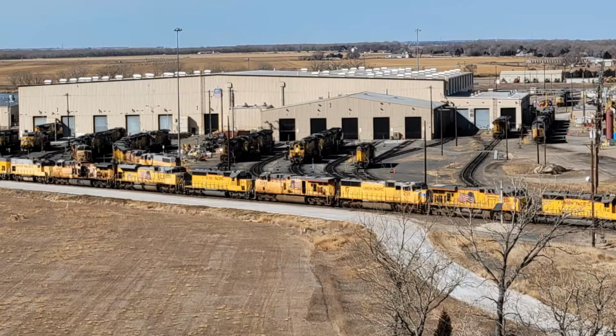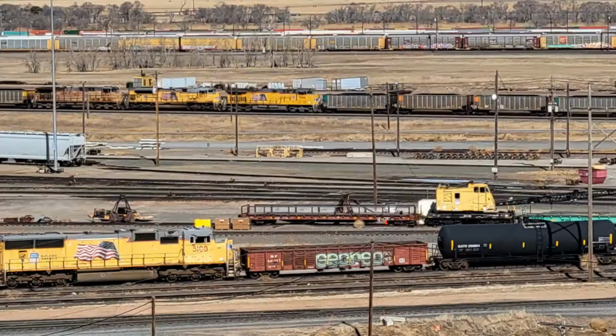There's a locomotive shop, and that's supposed to be the biggest in something or other, maybe the United States or the world or something like that. But there was something where they said that it's really huge. Look at that line of locomotives there. That's pretty cool. And then, like I said, I went back Sunday and took some pictures from the open-air observation